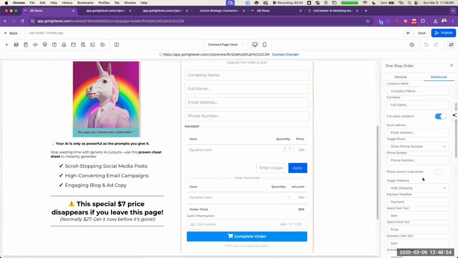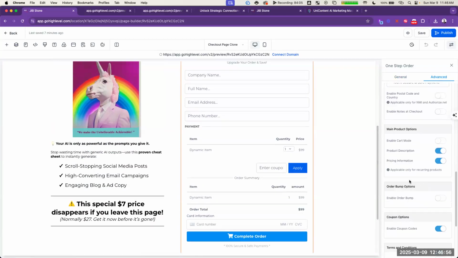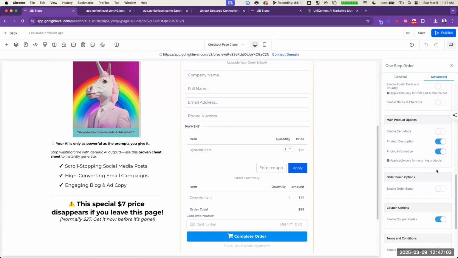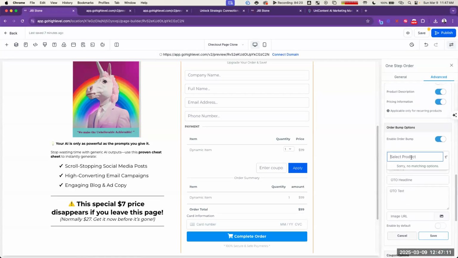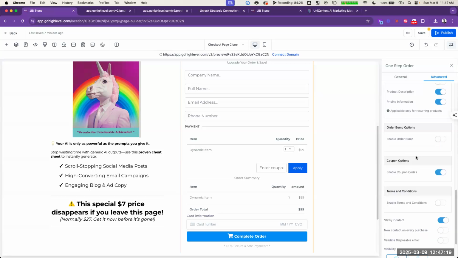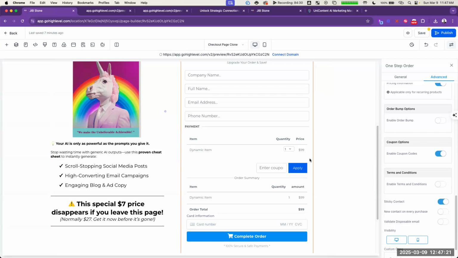I don't know if you saw, but I deselected cart mode, which makes it where people can choose and add to the cart. But that's not what we want to do. And so you would need the order bump product, but you need to create the order bump product first. So you can't just use a product that exists. You've got to actually have the order bump in there. So that's a different step, and I'm not going to do it right now,